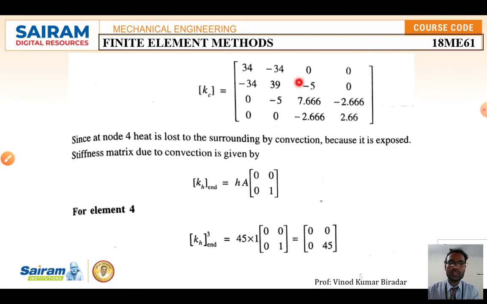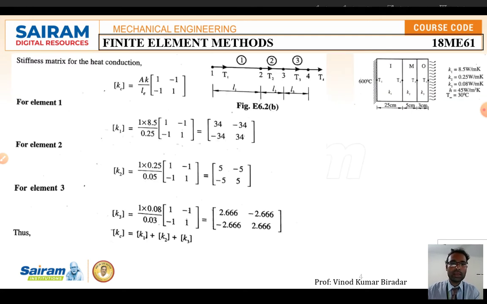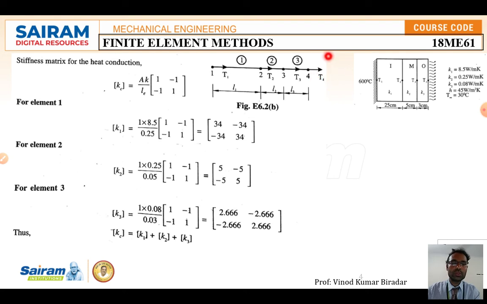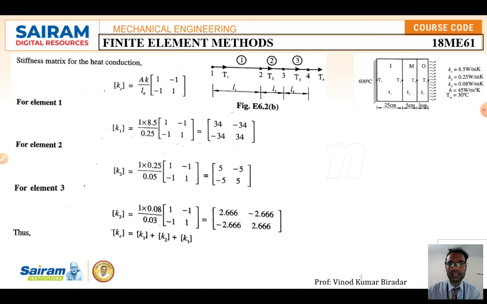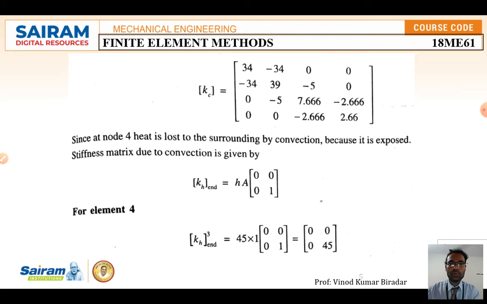So you are going to get a 4 into 4 matrix, that is, if you add those, Kc is equal to this. This is the first row, second row, third row, fourth row, a 4 into 4 matrix. Why is it 4 into 4? Because the maximum number of nodes is 4. So the number of degrees of freedom, which is the number of displacements, equals the size of the global stiffness matrix you are going to get. After adding K1, K2, K3, you get this, that is the heat due to conduction.